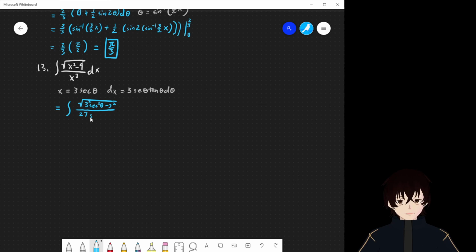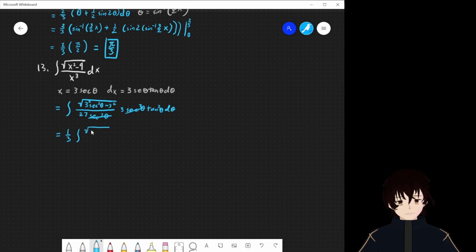It's 27 secant cubed theta, and here is 3 secant theta tan theta, and these are all cubed, d theta. And then the secants cancel out. You bring the 3 out here, so that turns into 1/3 times the integral of secant squared theta